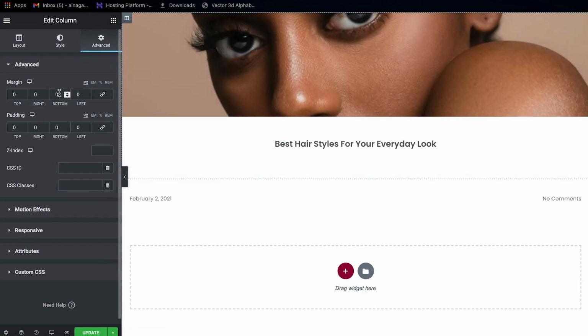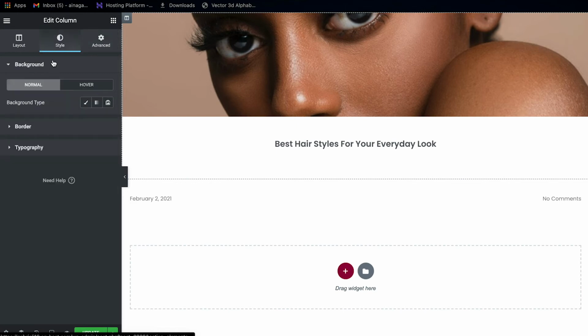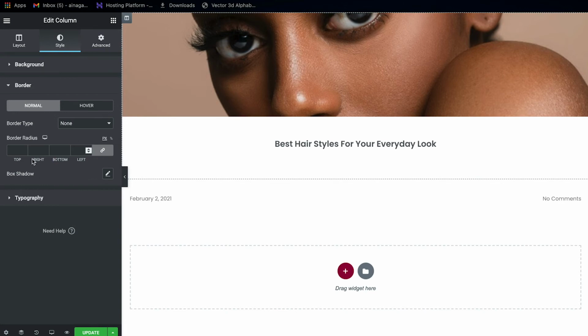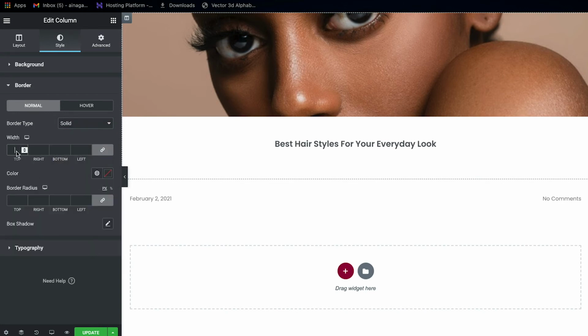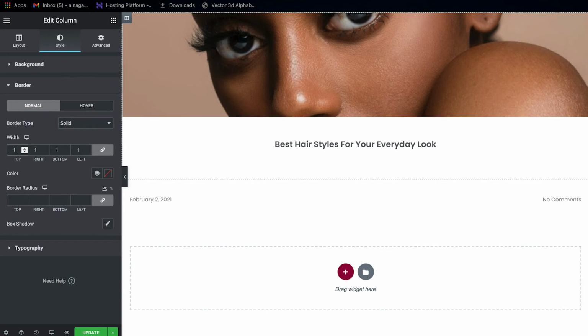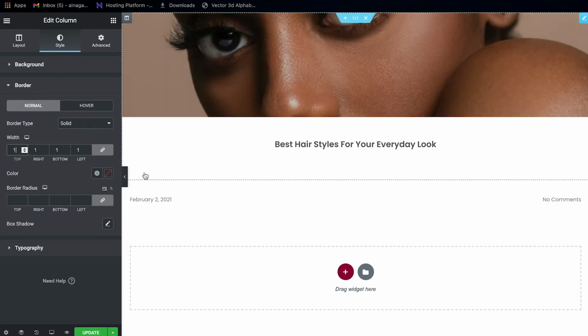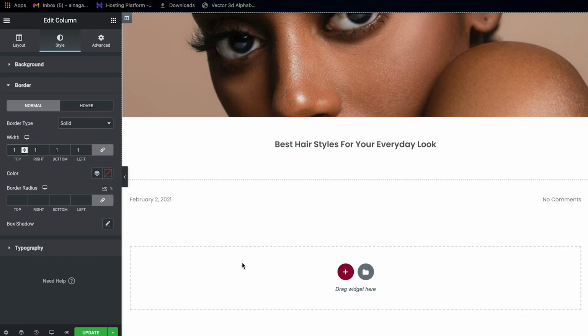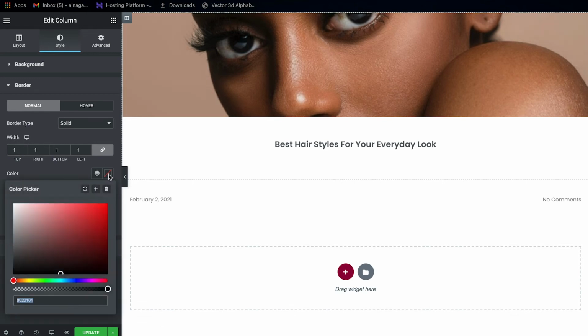Then I want to come down to the style, come to where it says border right here, and then I want to give this a solid border of 1 pixel each. 1 pixel each. So for the color, I want to make it